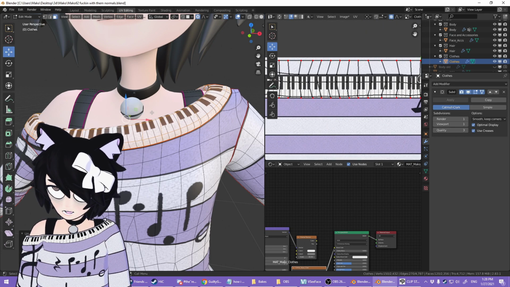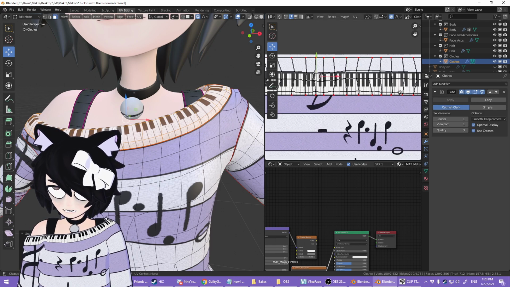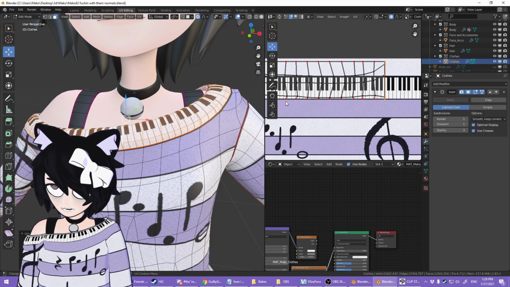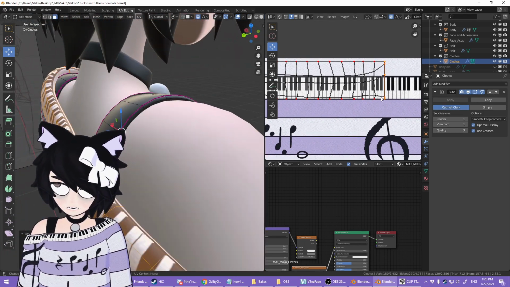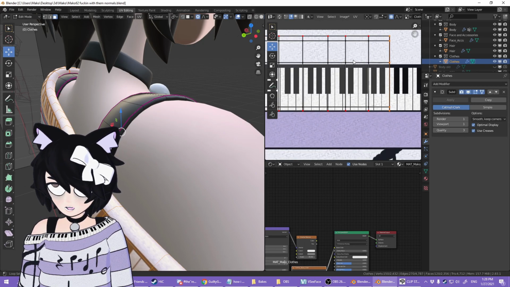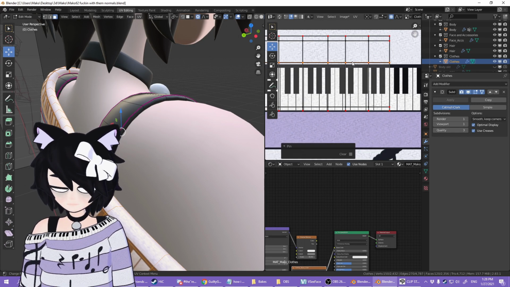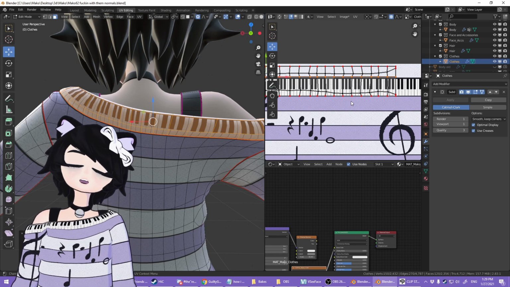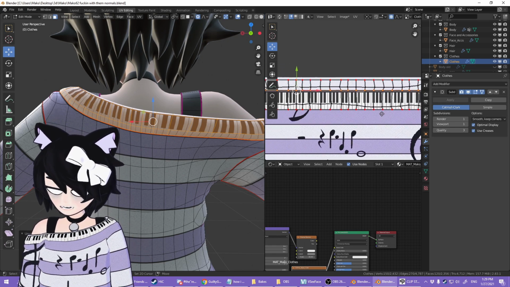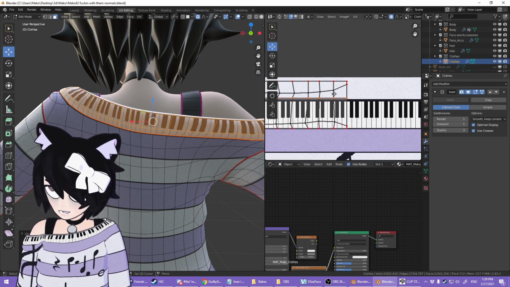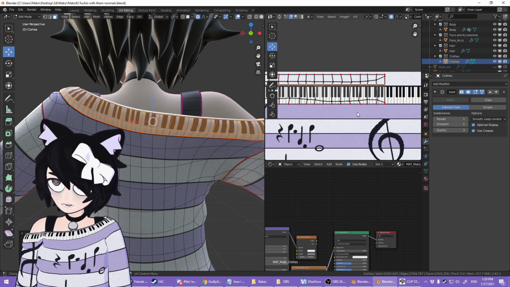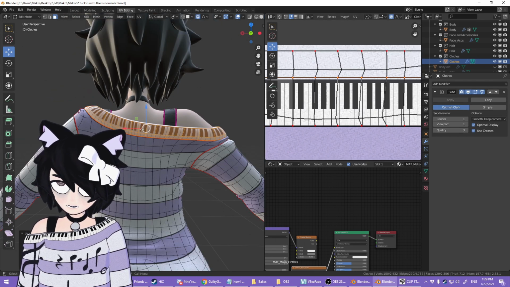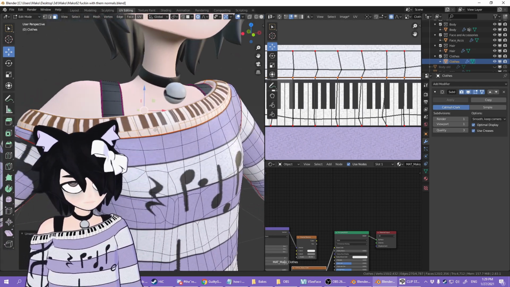Then I re-unwrapped it, and for the most part, I just let it do what it wants. I might have pinned a couple extra lines than that, like this one, maybe. No, that kind of messes with it a lot. Oh, you know what I might have done, actually? This method of pinning a couple of things in place and then re-unwrapping it and letting it do what it wants to the rest of it, that does work for certain things.